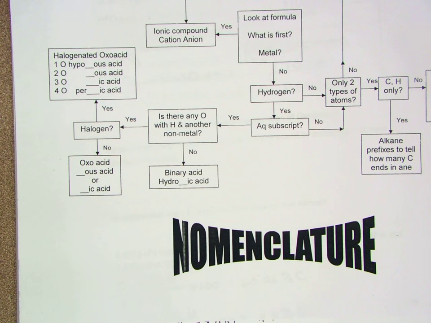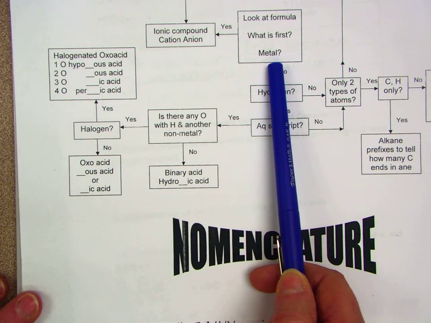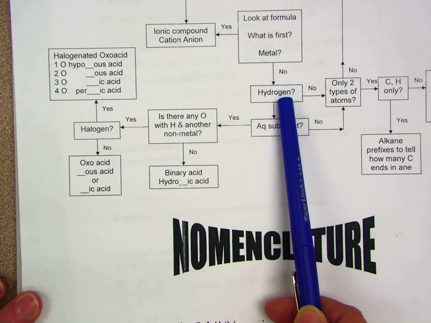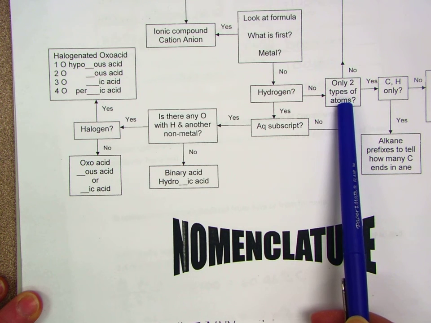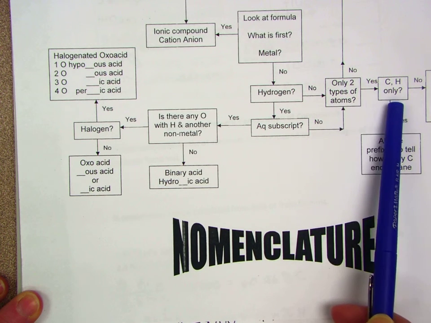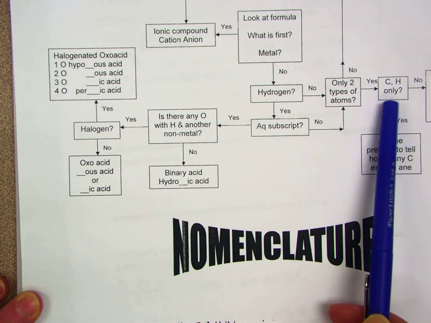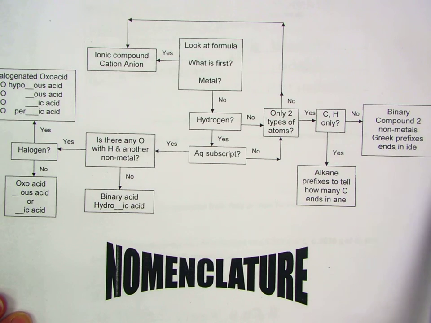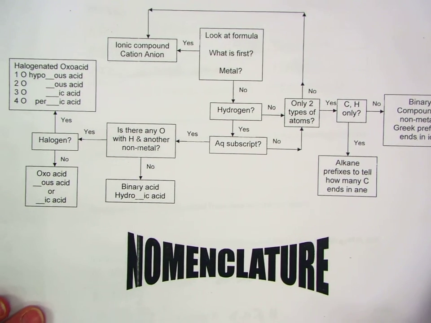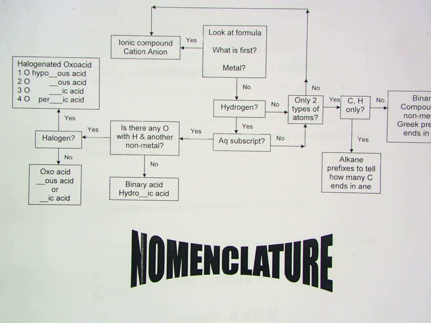HI, gas. What's first? Is it a metal? No. Is it hydrogen? Yes. Is there an (aq) subscript? No. Are there only two types of atoms? Yes. Is it carbon and hydrogen? No. It's a binary compound of two nonmetals. Greek prefixes, ends in "ide." Isn't this slick? So I'm going to print this for you. So if you practice with this and go through this, then this is going to put that thought process in your head. And then you should be able